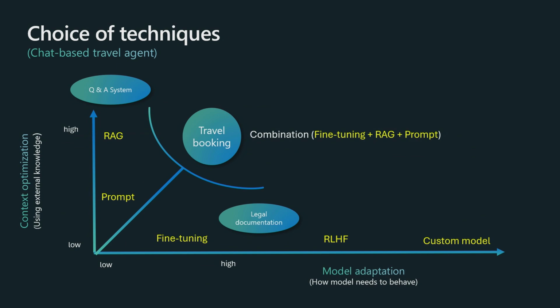So in terms of the choice of techniques, the way to think about it is, going back to understanding the scenario and the data that we have, if we are trying to bring in more context to the model, then you go towards RAG and prompt tuning. But if you want to change your model's behavior, then you start thinking about fine-tuning. And the more advanced techniques, as we talked about, RLHF and custom model, where you're actually changing how the model behaves in response, like the instruction following, and so on and so forth. But more often than not, you end up using more than one technique.